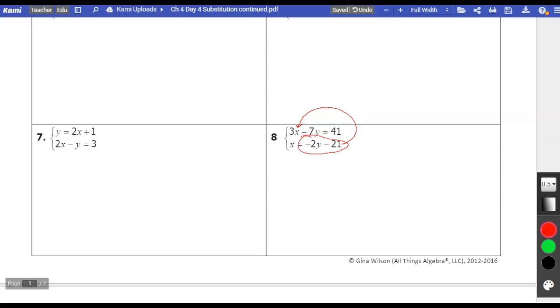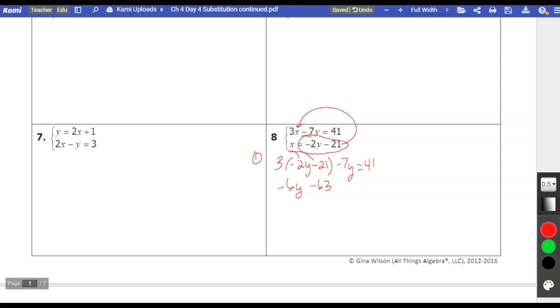So I'm going to substitute the x with something that's equivalent. So my first step, I have 3 times negative 2y minus 21, minus 7y equals 41. I do my distributive property, and I get negative 6y